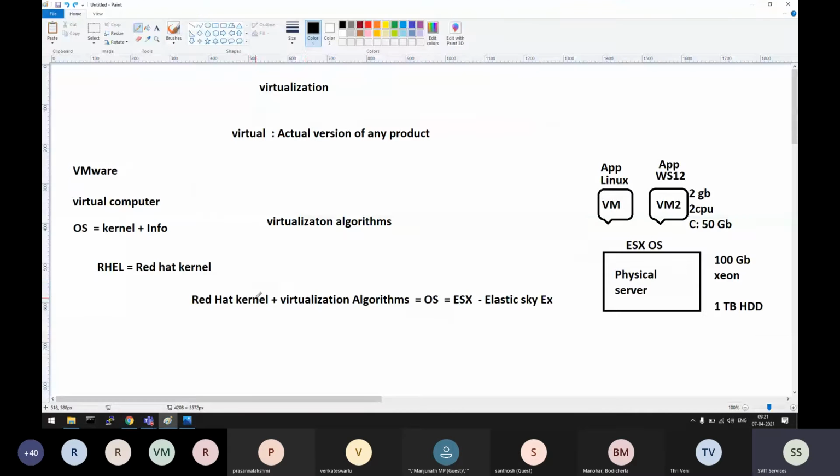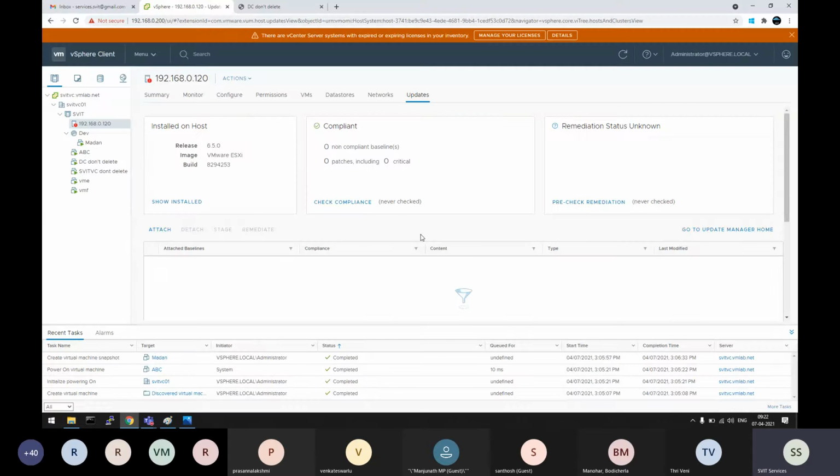Okay, even though it is coming from a Linux background, it is a Linux copy. In Linux, everything, you need to type commands. Simply, if you want to copy data from C drive to D drive, also you need to type a command. But here, even though ESX operating system was built on Red Hat kernel, the management is GUI only. CLI also possible. Using command line also we can do, but 95% we do from GUI only. For some reason, if it is not working here, in rare cases we use commands. But those commands are maximum 5 to 10 commands only. You don't need to worry about those commands.